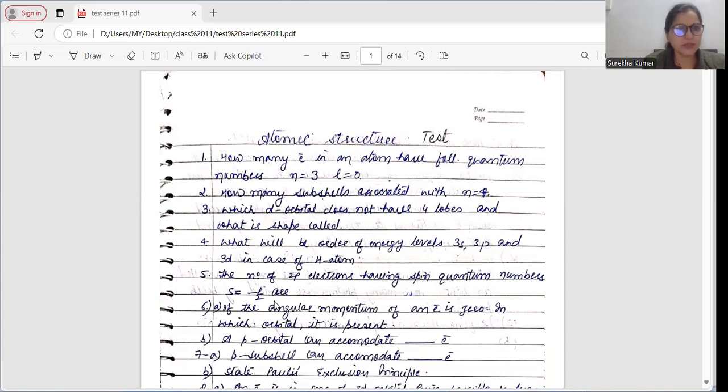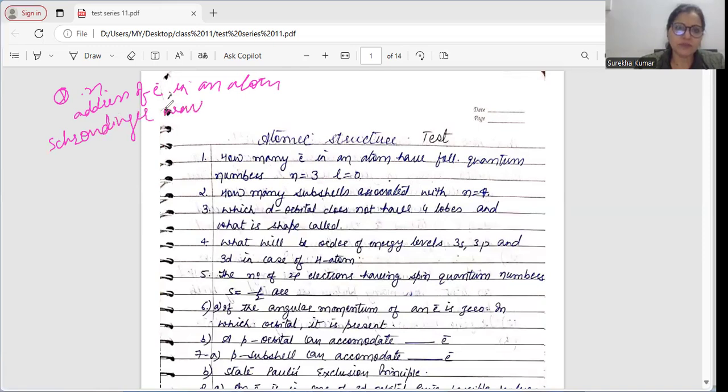One second. Let me take pen. Now, what are the quantum numbers? Quantum numbers are the address of electron in an atom. Who gave these quantum numbers? These were given by Schrödinger